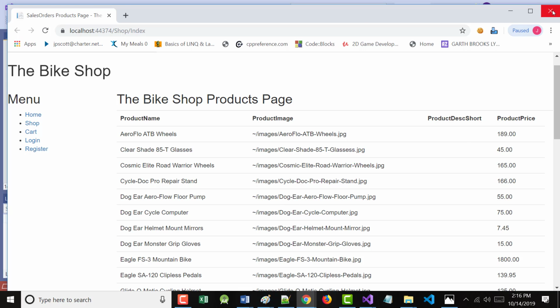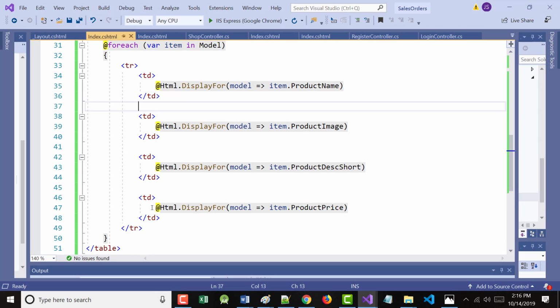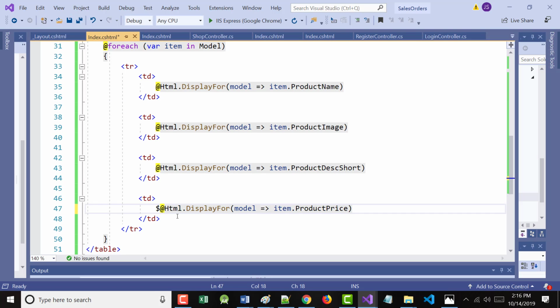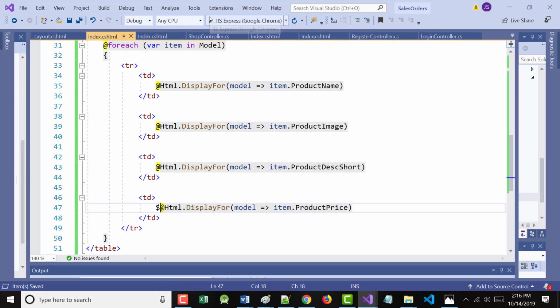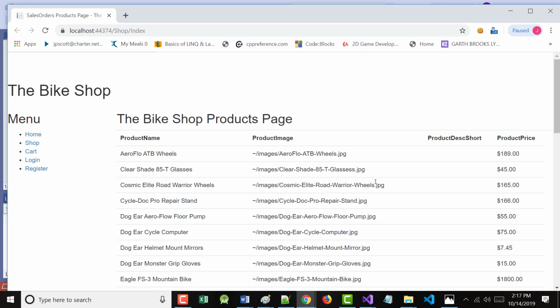If you really want that, then you can stop the run, go back to where you've got the price, and before you've got your @Html, literally put a $ sign right there. So if I do that and I run it again,